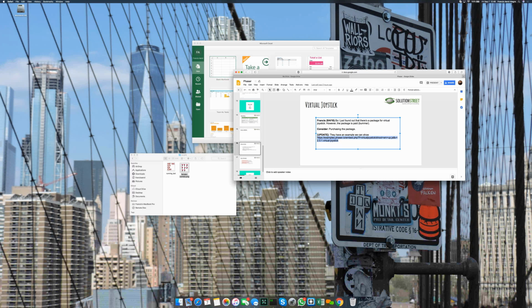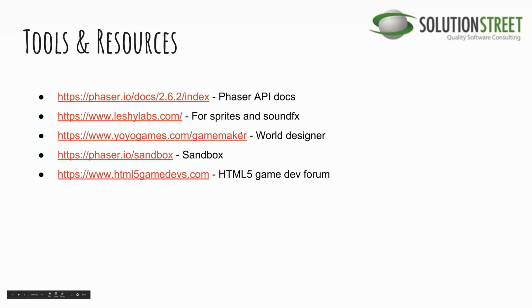So we'll go now to tools and resources. Again, as I said earlier, the Phaser docs are really vast. There's a lot of information right there that we could use, and it's really well documented for 2.11 or 2.x. But for 3.0, there's not a lot of documentation yet, so I wouldn't suggest checking that out. But if you really want to play with it, there's a sandbox for Phaser,